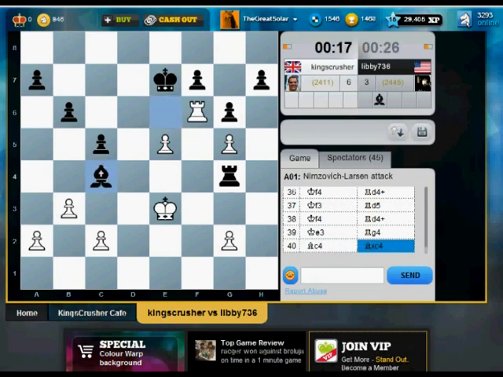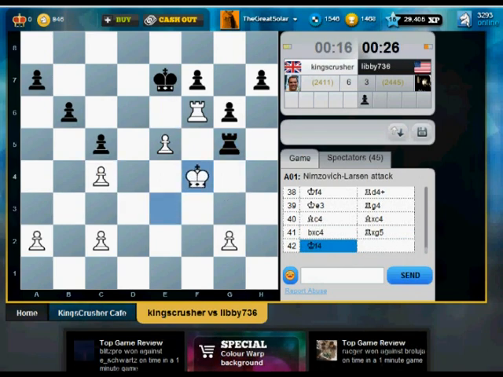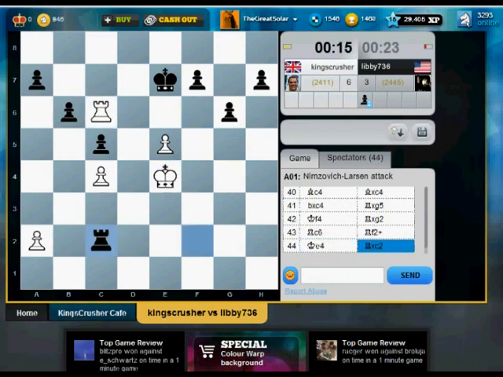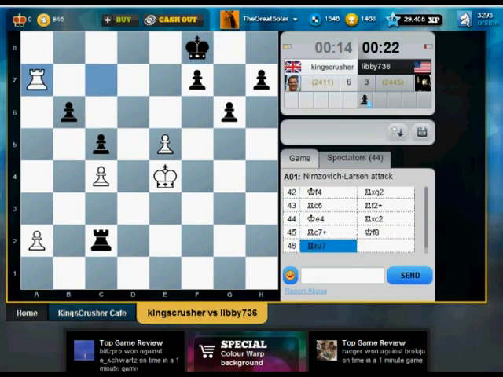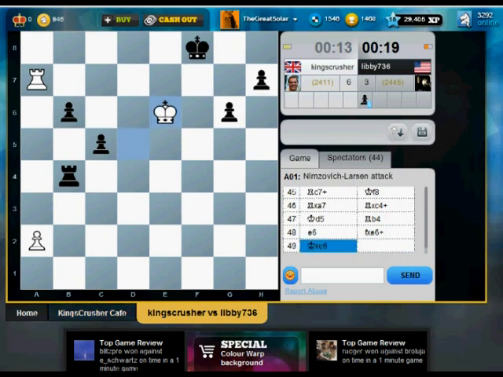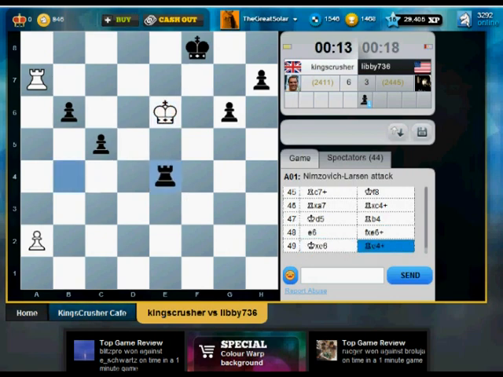Down on time a little bit. Libby takes the pawn, 2-pawn lead. KingsCrusher retains his attack. Pawn's coming off the board here. We have the rook and the king together attacking. Very effective